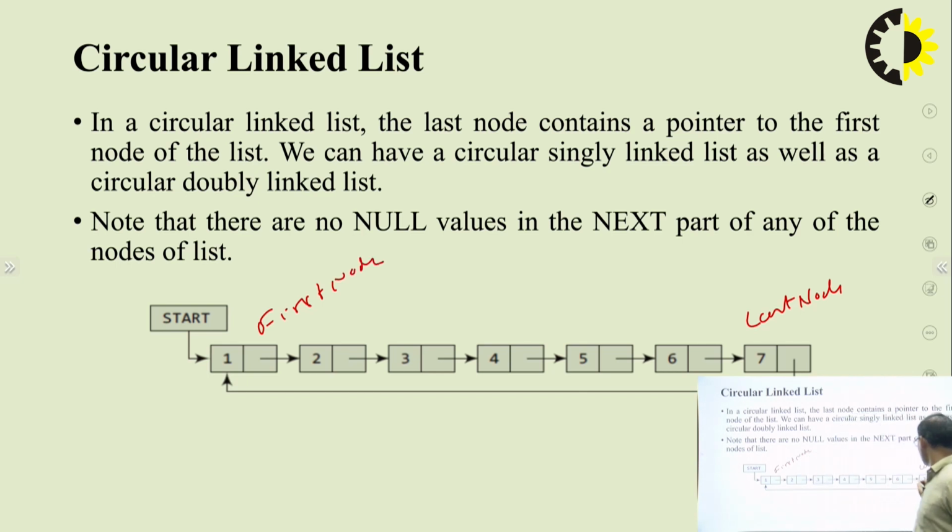It means the address field of the last node will contain the address of the first node of the linked list. So it makes a circle, and that is why this is known as the circular linked list. Again, start is a pointer variable which stores the address of the first node.